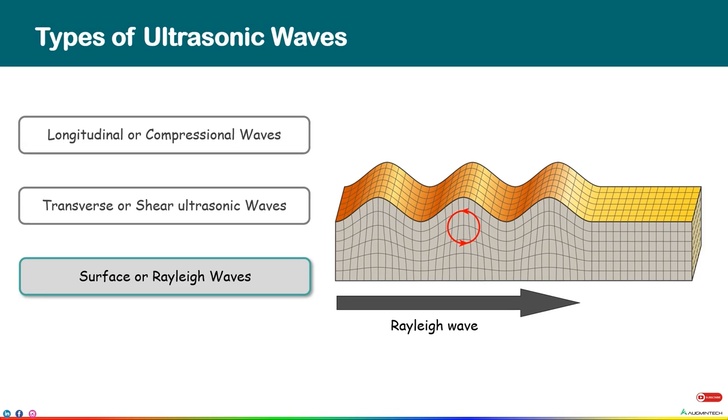During the propagation of a surface wave, the particles of the medium describe elliptical orbits. Some of its properties: its velocity is almost 90% of the transverse wave, and it can propagate in solids only. These types of waves are transmitted by the surface wave probe into the material. Also, one thing to notice is that they can only propagate in a region no thicker than about one wavelength beneath the surface of the material.